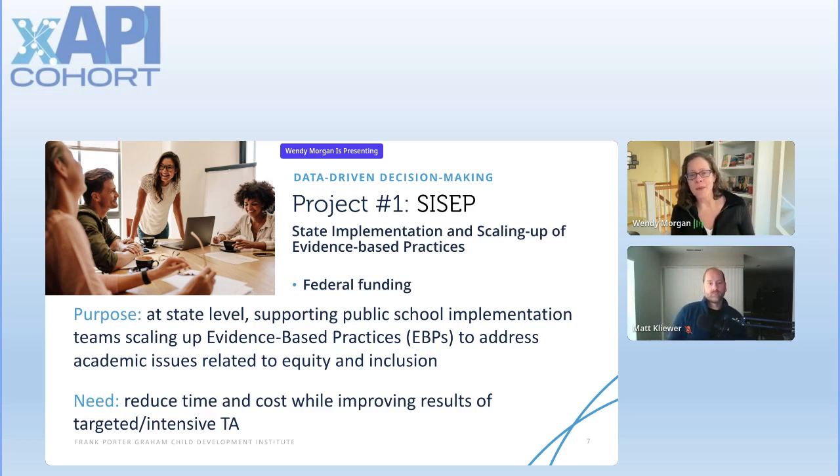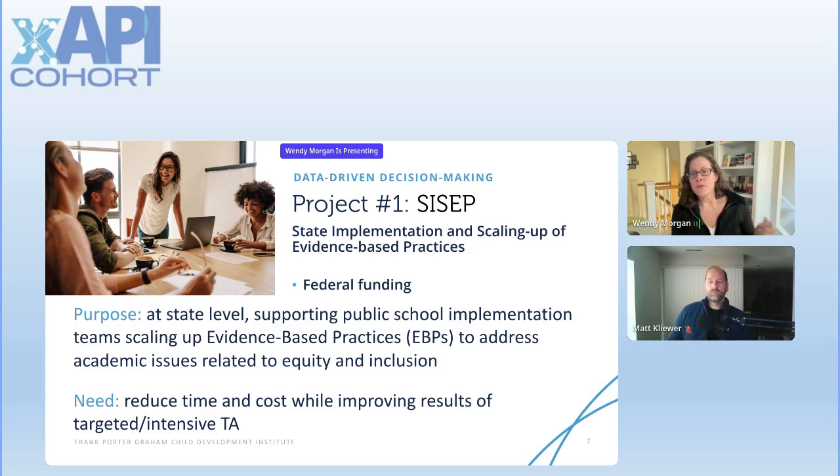So xAPI is federally funded. And the purpose of this project is to support the state level of administration of public schools who are implementing evidence-based practices, usually to address academic gaps, but with some layer of inclusion or equity involved.